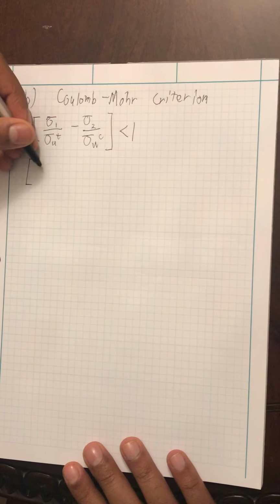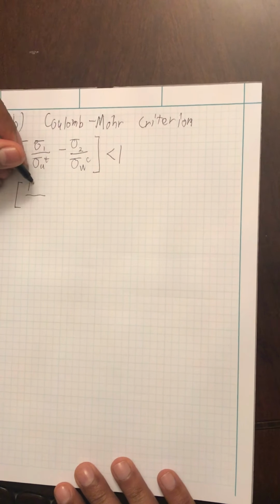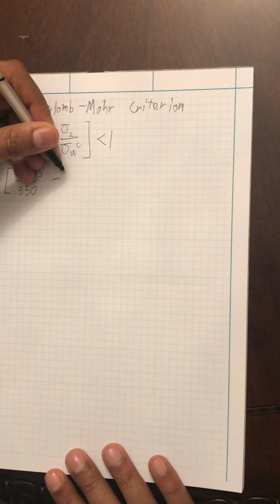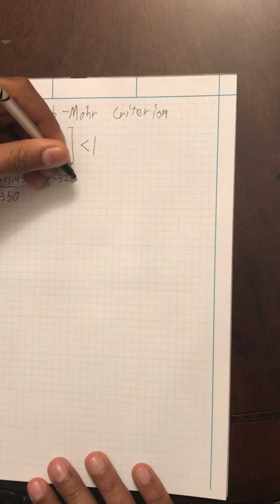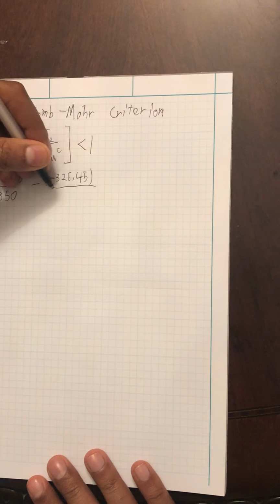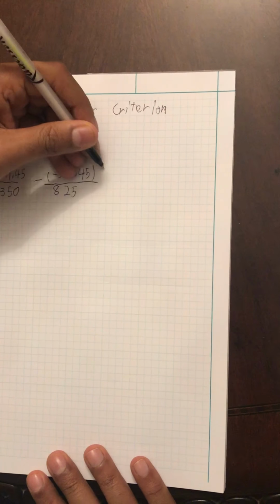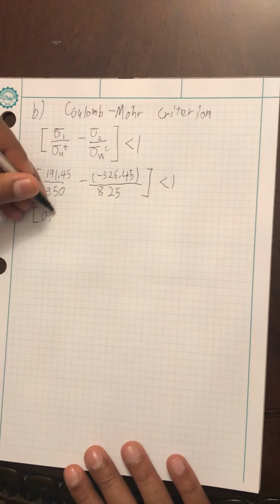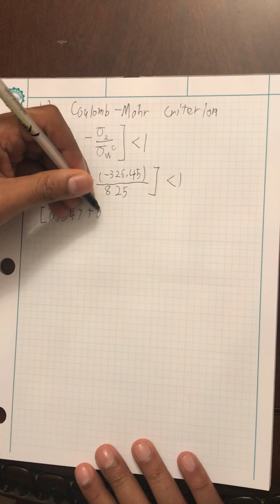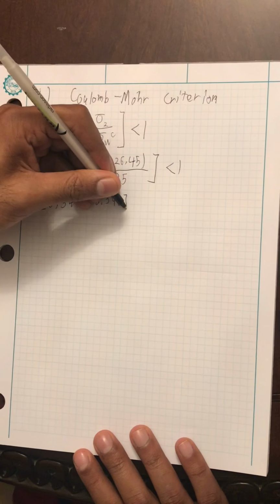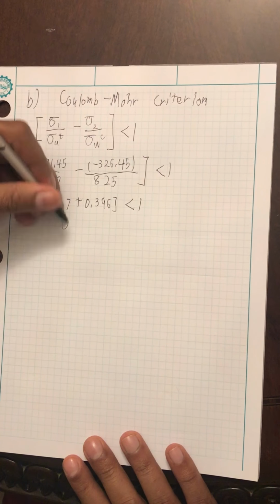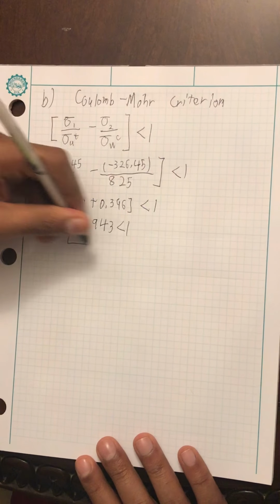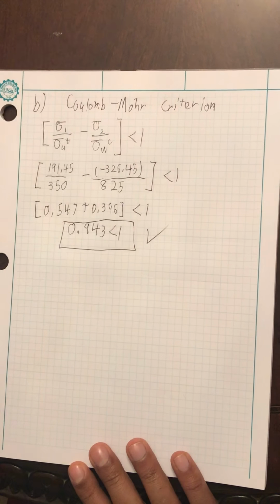So from our case, the ratios we get are 191.45 over 350 minus negative 326.45 over 825, which is less than 1. So 0.547 plus 0.396 is less than 1. So finally, we end up getting 0.943 is less than 1. And since this checks out to be true,